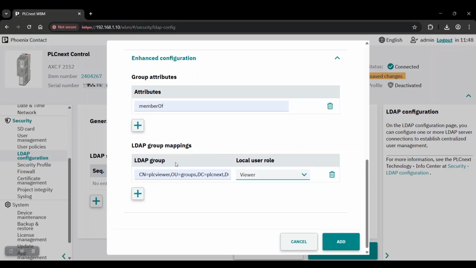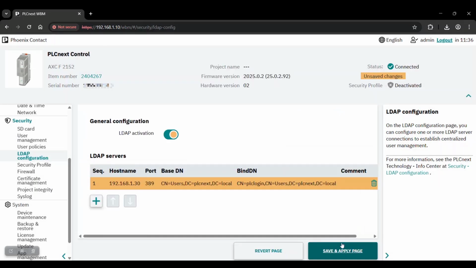In this case, we are mapping the PLC viewer group in the Active Directory server to the viewer role on the PLC Next control device. This configuration must now be saved and applied to the PLC Next control device.